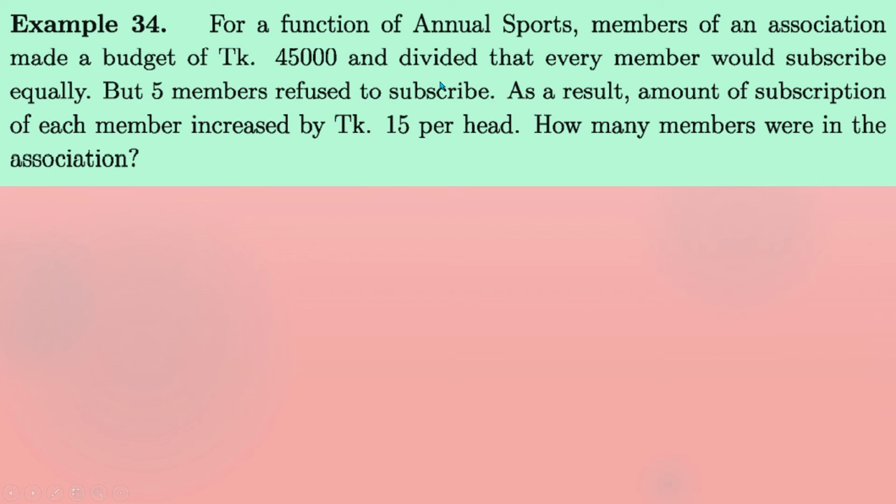Another, for a function of annual sports, members of an association made a budget of taka 45,000 and decided that every member would subscribe equally, but 5 members refused to subscribe. As a result, the amount of subscription of each member increased by taka 15 per head. How many members are in the association? That is, we have to find the number of members of this association. Okay,